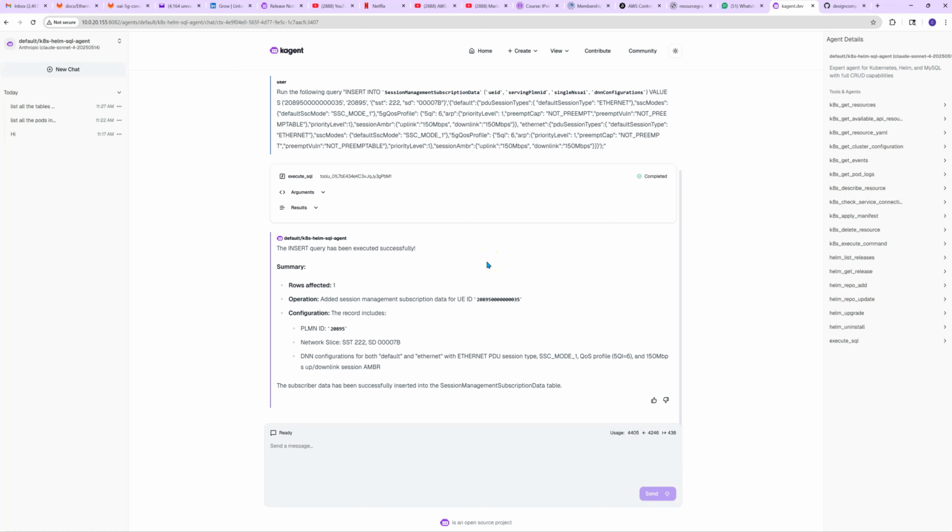What we can see here is that it's actually added another role for this IMSI. It says that the subscriber data has been inserted into this table. So if we tell it to show us the details of that table,